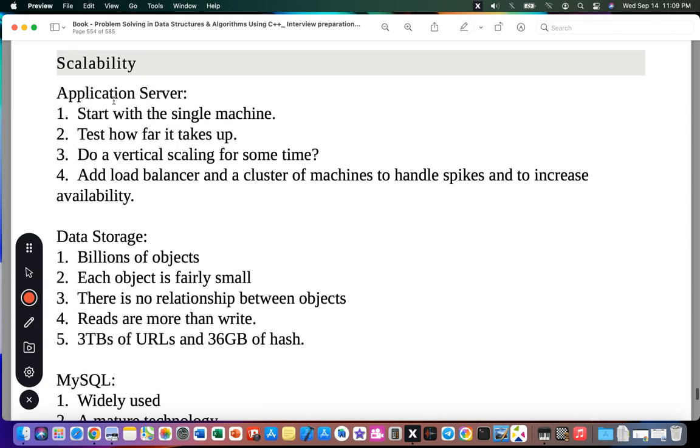Scalability: for the application server, start with a single machine and test how far it takes you. Do vertical scaling for some time, enhance its ability, then add a load balancer and a cluster of machines to handle spikes and to increase availability. Why do we need to increase availability? Because it should be highly available. It should always be up.